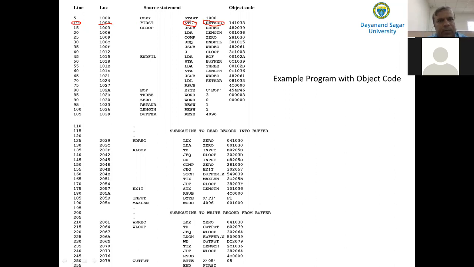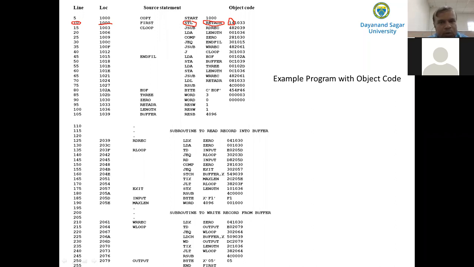According to the assembler function, it will convert the mnemonic operation code, STL, into object code. What is the opcode for STL? It is 14. As I said, in the first pass it assigns the machine addresses for all the symbols defined in the program.